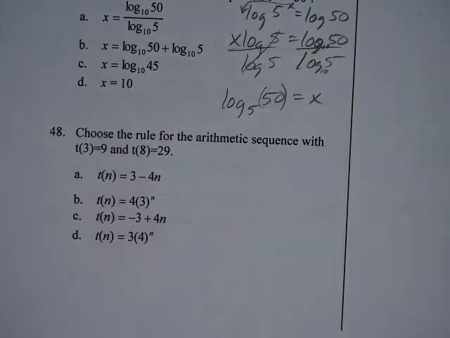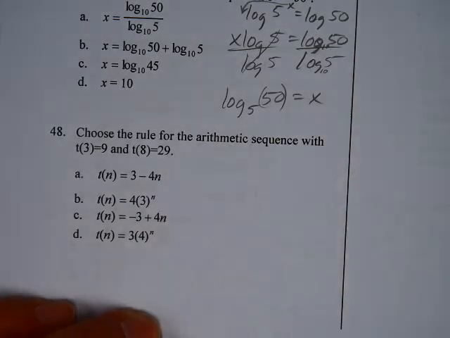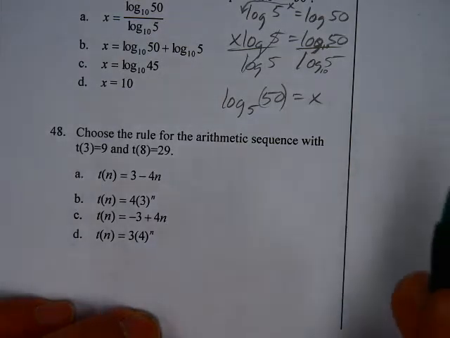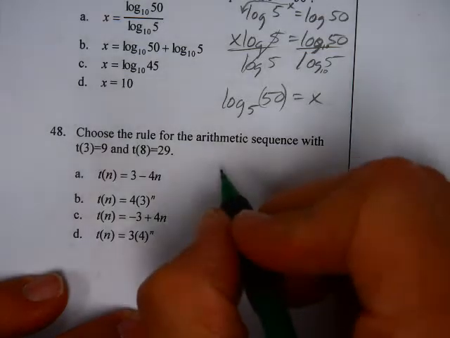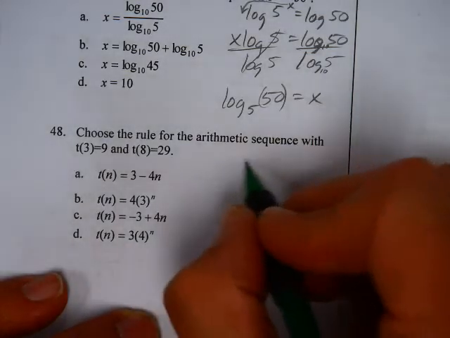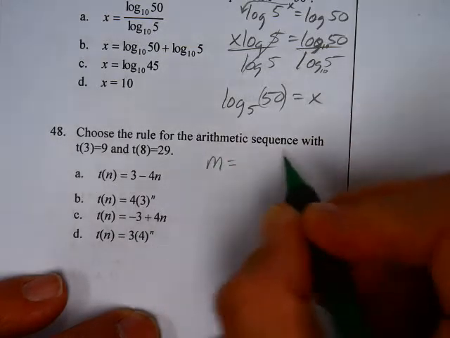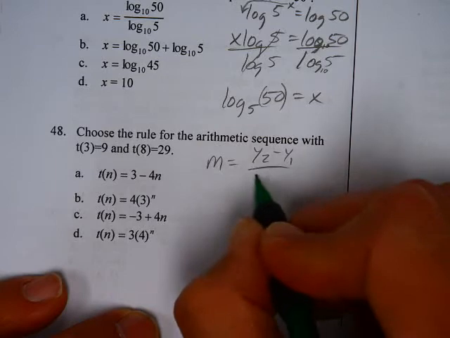Choose a rule for the arithmetic sequence. Arithmetic sequence was, we did that a while ago. That's basically another linear equation. And I've seen different people have different success with different ways of doing it. You can set up a table, find some missing stuff, but in reality, if you simply find the slope by doing the change in y over the change in x,